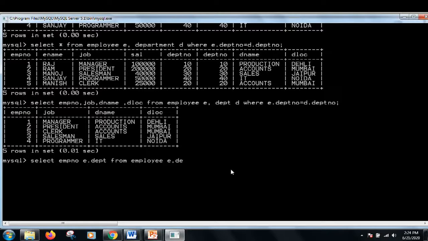Otherwise you will not be able to get the result. From employee E, department D, where E dot department number is equal to D dot department number. Again repeating, if you want to show any column which is common in both the tables, for example department number is a common column in both tables, I have to write it with the table name also.